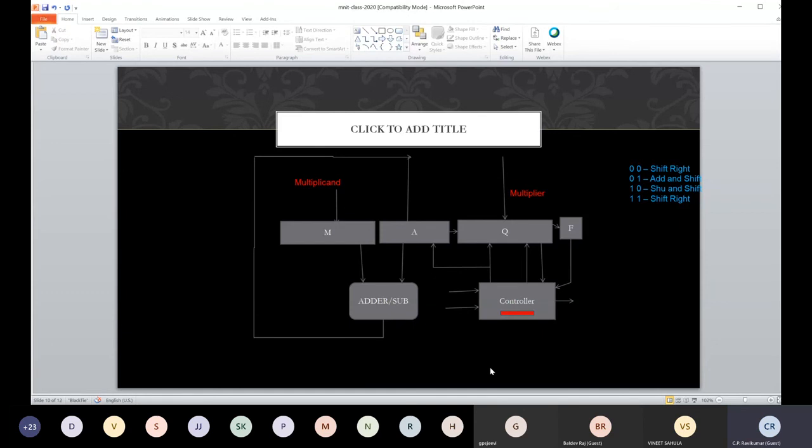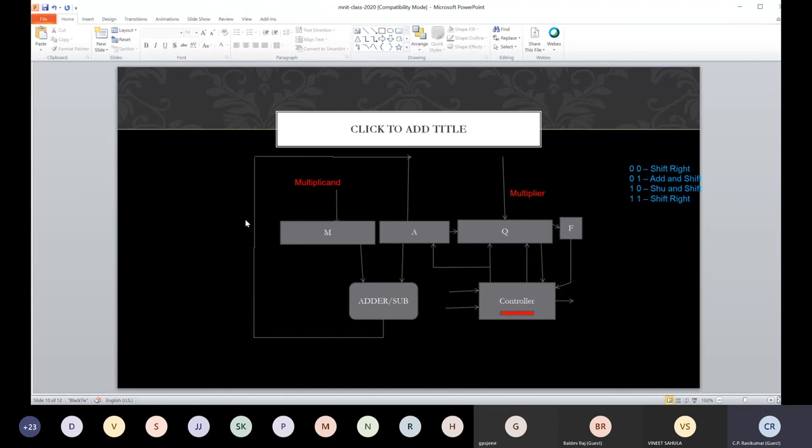So there may be a minor increase in hardware here. Similarly, if I try to be smart and say I will recode 3 bits at a time, then your architecture will have more hardware. So we will have to compare which one will give me better power. It may not be such an easy decision to make.